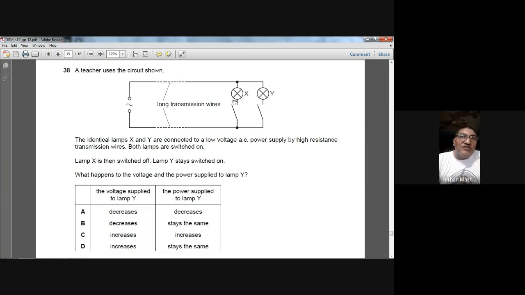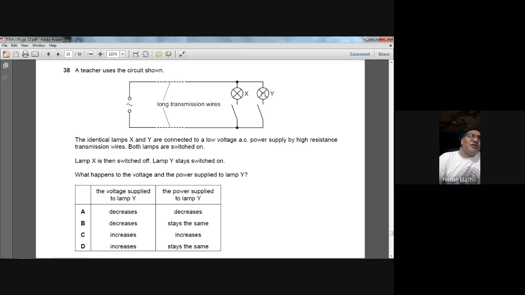But when you remove this X, this resistance will become larger. Okay. So now the voltage drop here will be larger. But the current coming from the battery will become small. Current coming from the power supply will become smaller. So